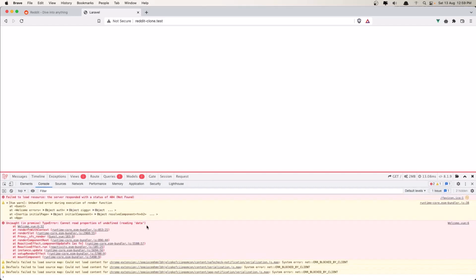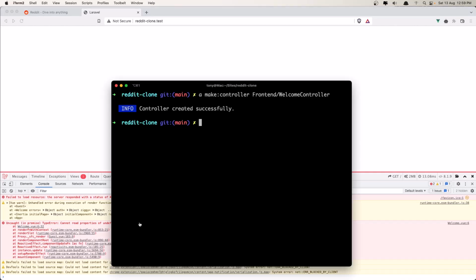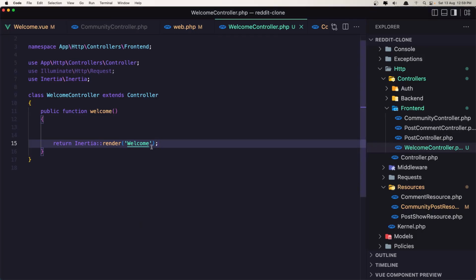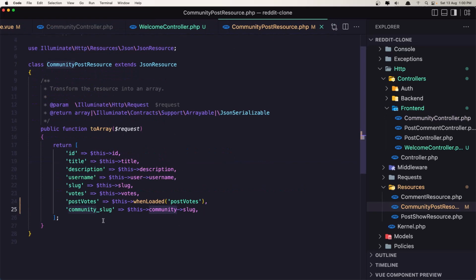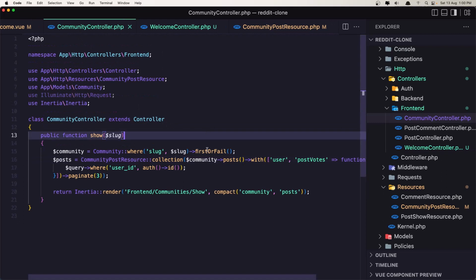We have an error because we don't have reading data. We don't have the posts here. We need to add posts. Now for that, I'm going to use the same we have here. So I'm going to use this community post resource. Okay, we added the community slug. And I'm going to copy this we have here. So with